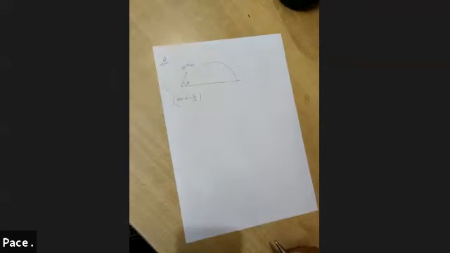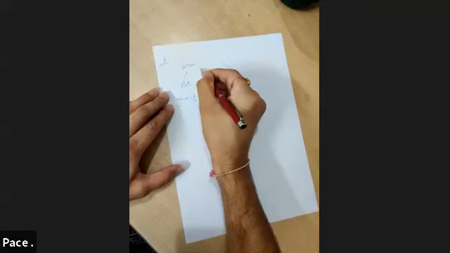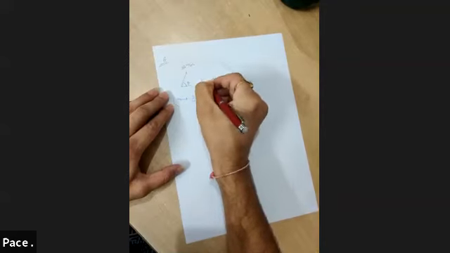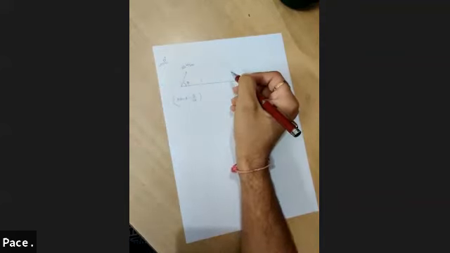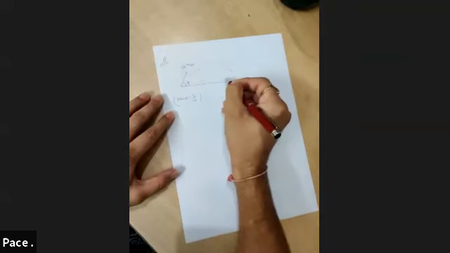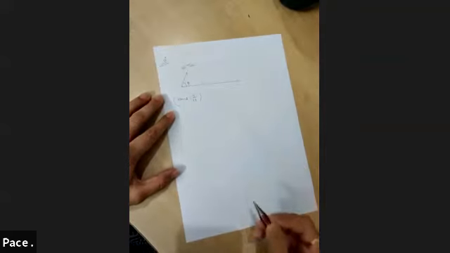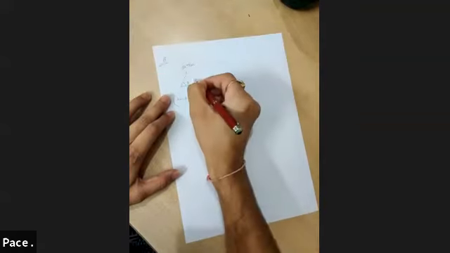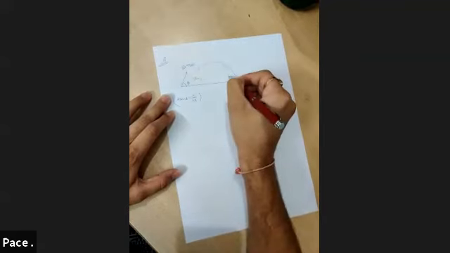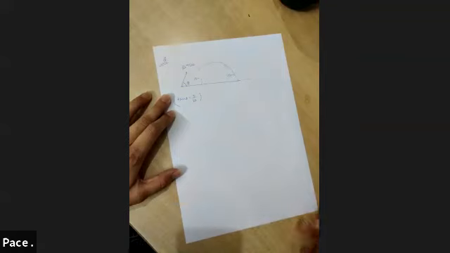A golfer standing on level ground hits a ball with a velocity of 52 meter per second, making an angle theta with the horizontal. Tan theta is given as 5 by 12. Then find out the time for which the ball is at least 15 meter above the ground. You can see the diagram. This one is given as 15 meter. This one is also given as 15 meter. These are vertical dotted lines.